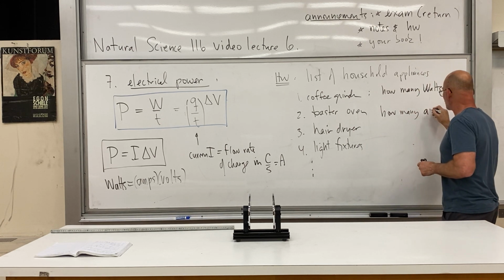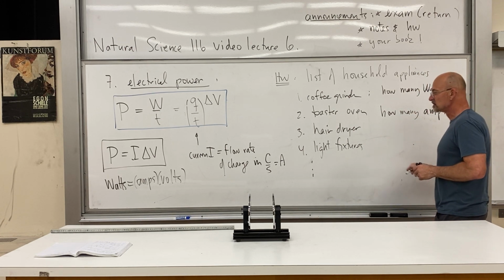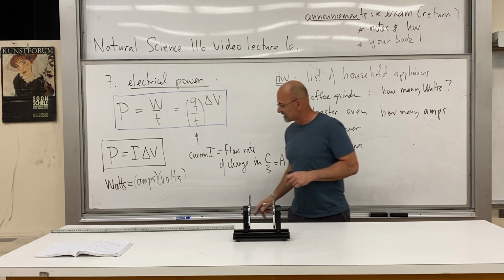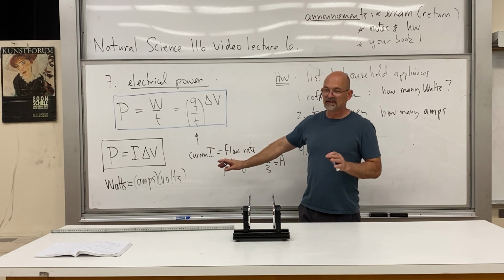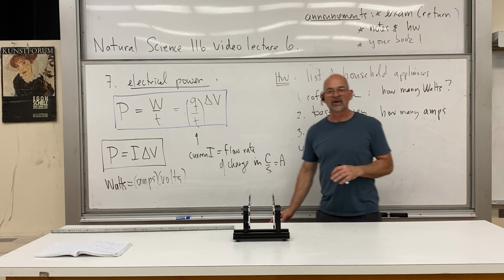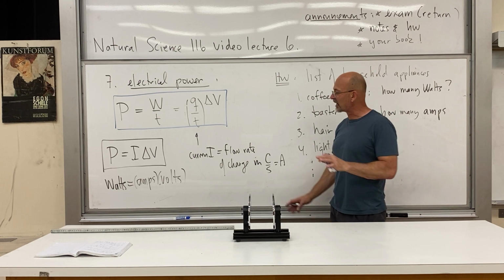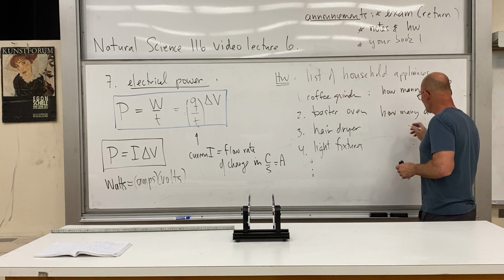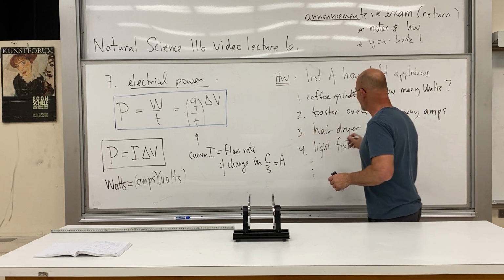How many amps? Well, for that we have to know the voltage. And it turns out that the voltage, it's not like a battery, but it's 120. Okay, it's alternating current. We'll talk about those differences later, but right now the formulas are adequate. The formulas still work. So how many amps? And what we do there is we have